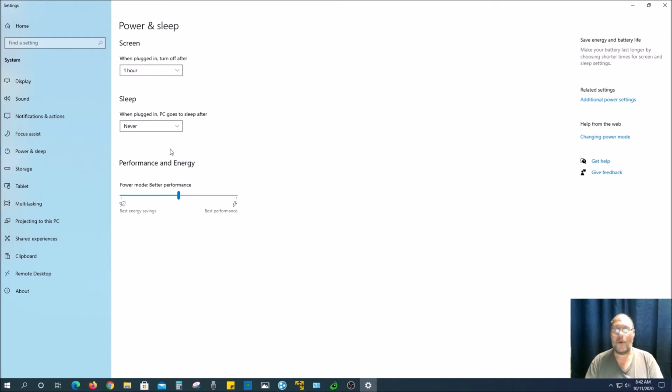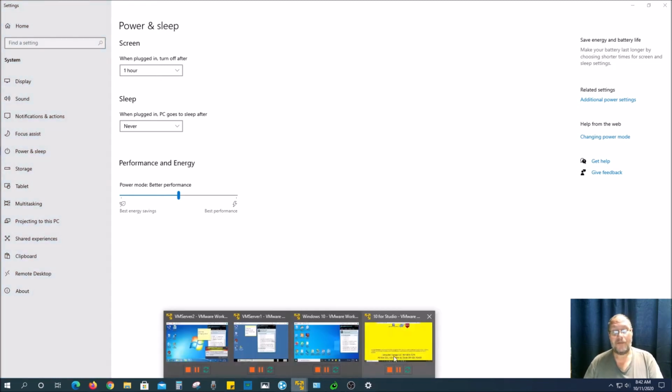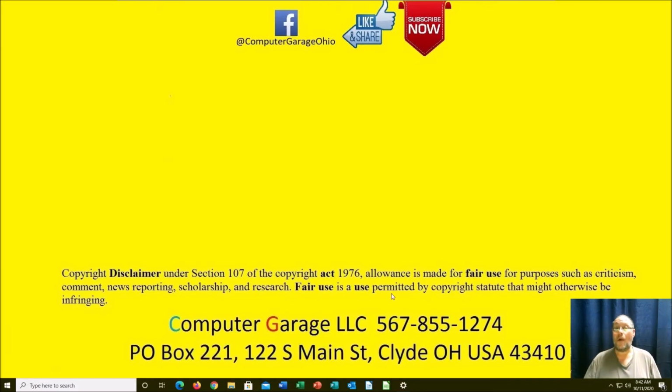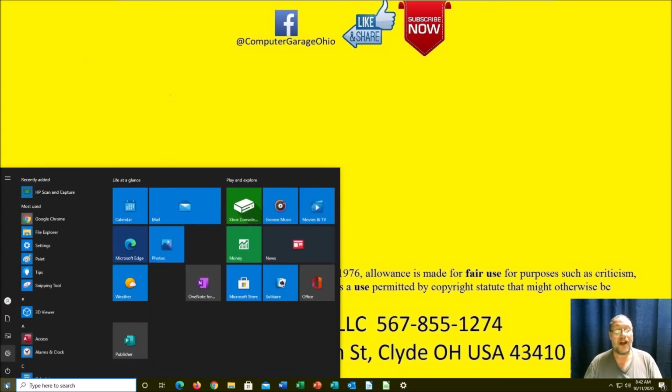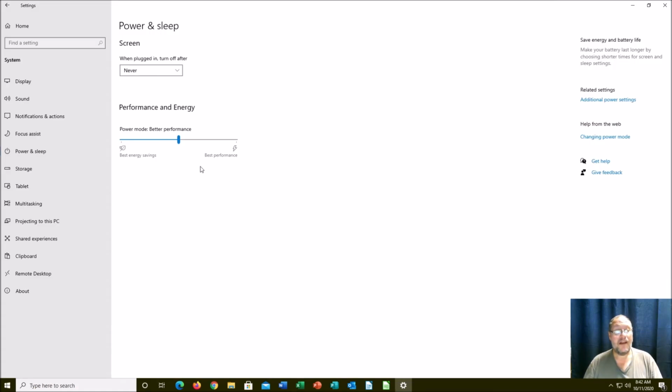And so it won't do the updates. So just a thought or suggestion for those people who are using laptops, and maybe Wednesday night would be the better choice, but try to remember to leave your laptop open and plugged in and have it set, when it's plugged in, to never go to sleep on a Wednesday night. That way those updates install. Because if not, even if you have the timings set for your updates,